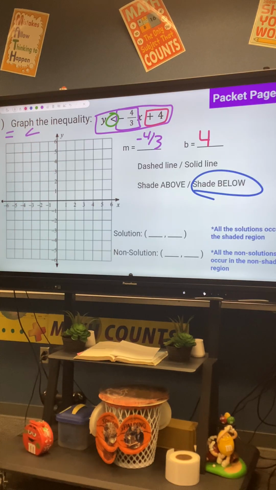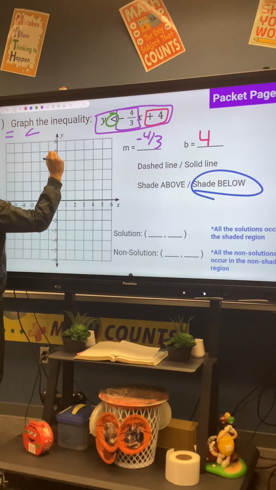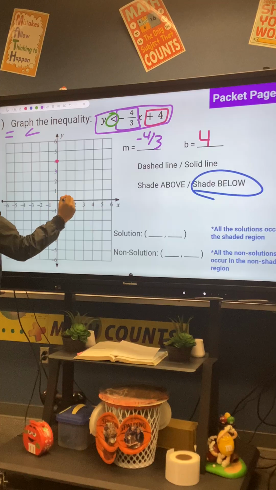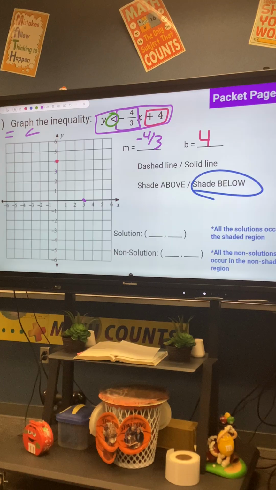So on my graph, my b is my y-intercept. That's a +4. I'm going to have my first point at (0, 4). And then from there, I'm going to go down 4 points and then to my right, 3 points. Remember, when we graph lines, we only need 2 points. I have my 2 points. So now what I'm going to do,